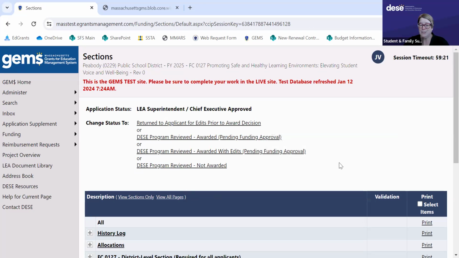So that's GEMS in a nutshell. Hopefully that gives you a good idea of how to navigate this funding application